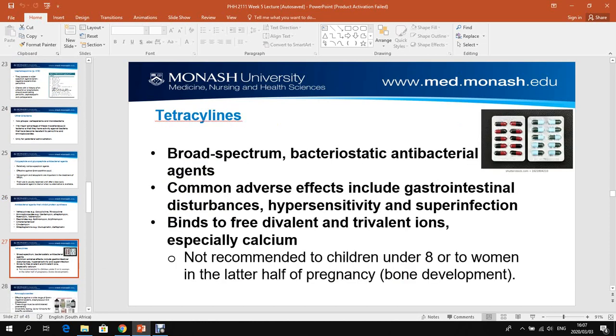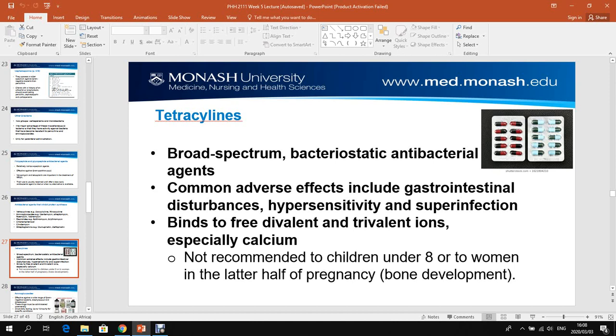And let's look at tetracycline. Tetracycline is a broad spectrum antibacterial which has bacteriostatic action. Remember, we spoke about bacteriostatic action. Tetracyclines are highly used, especially in sub-Saharan Africa, because they are cheap and also because they are broad spectrum. The common adverse effects include